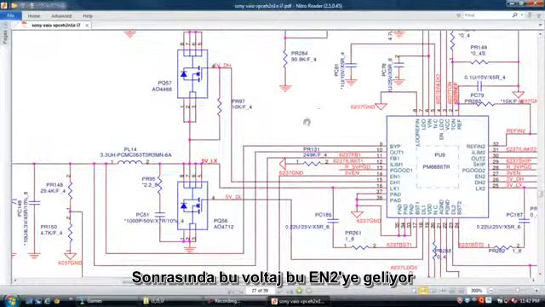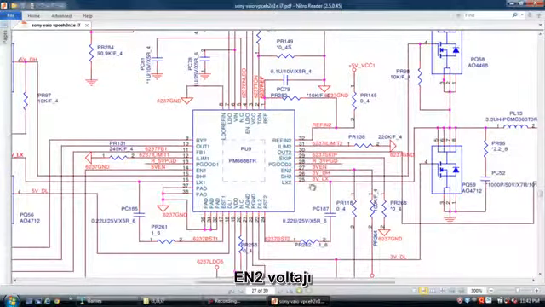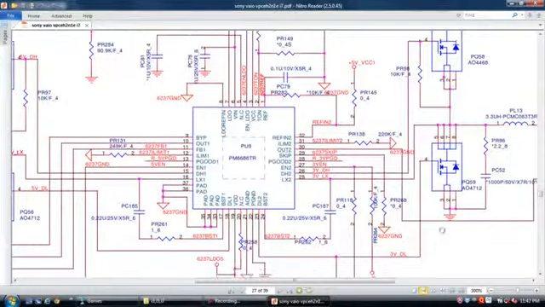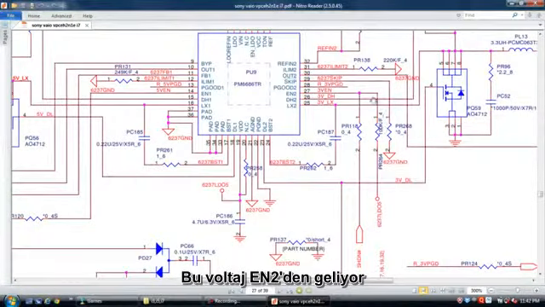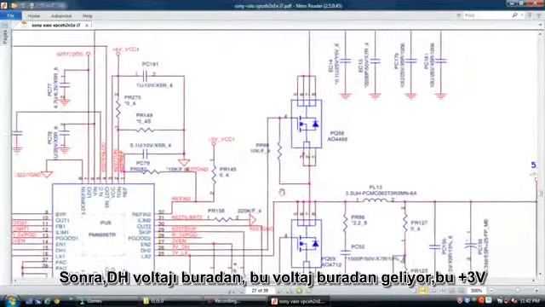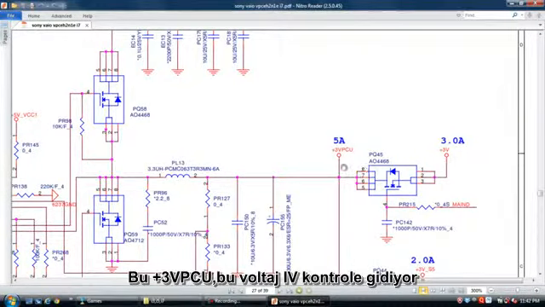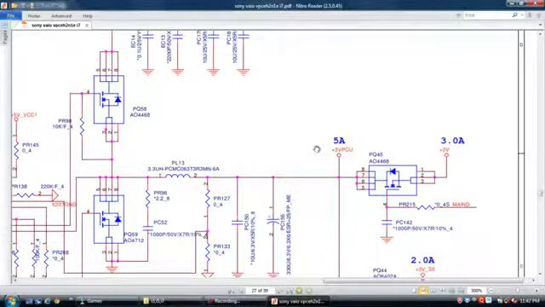After this, the voltage comes to enable 2. After this, the DH voltage comes out from this place. This is plus 3 volts, plus 3 VPCU. This voltage goes to the IO controller.